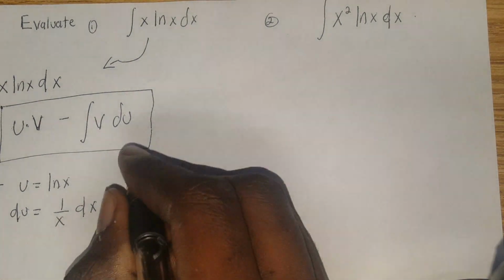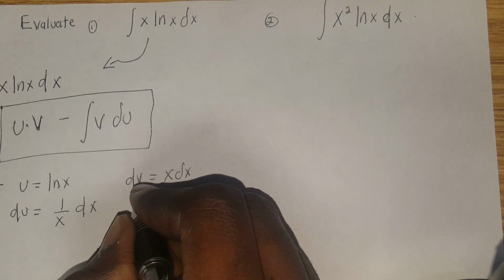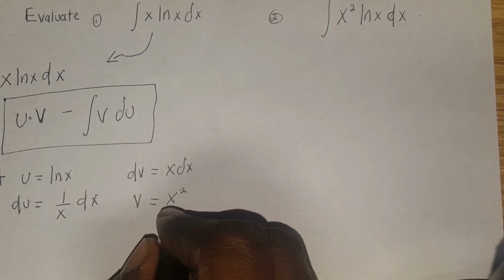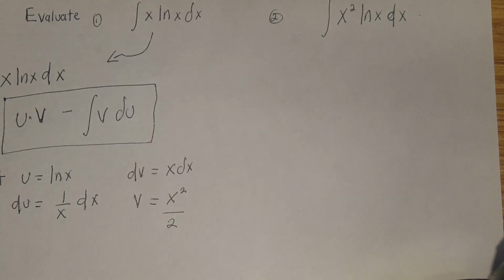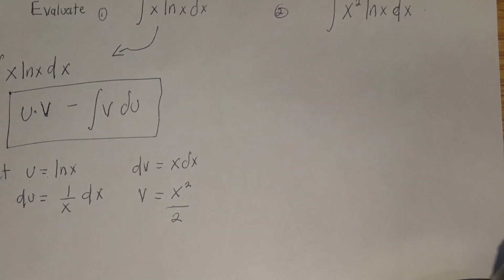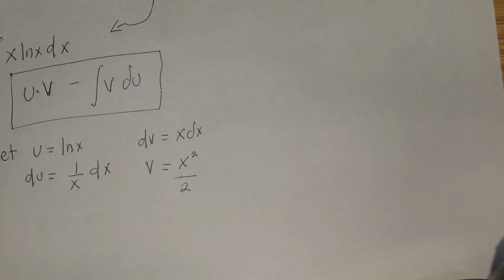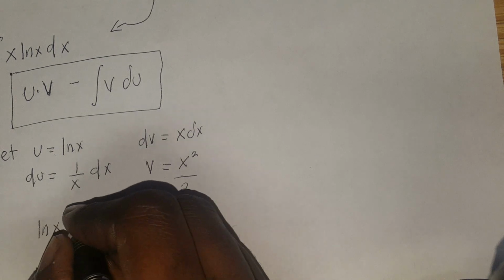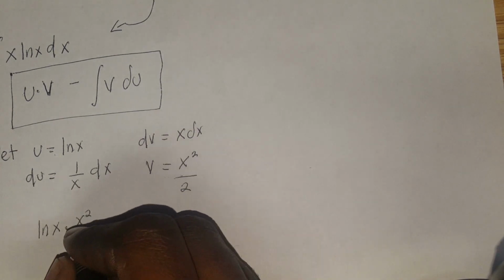Then if I integrate this, I get v equal to x squared divided by 2. Now, the rule says we multiply u by v, so we have natural log of x multiplied by x squared divided by 2